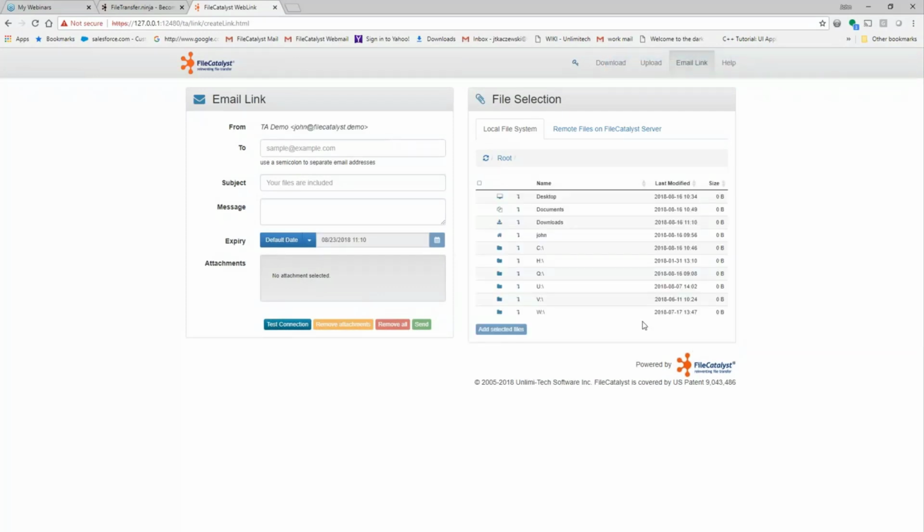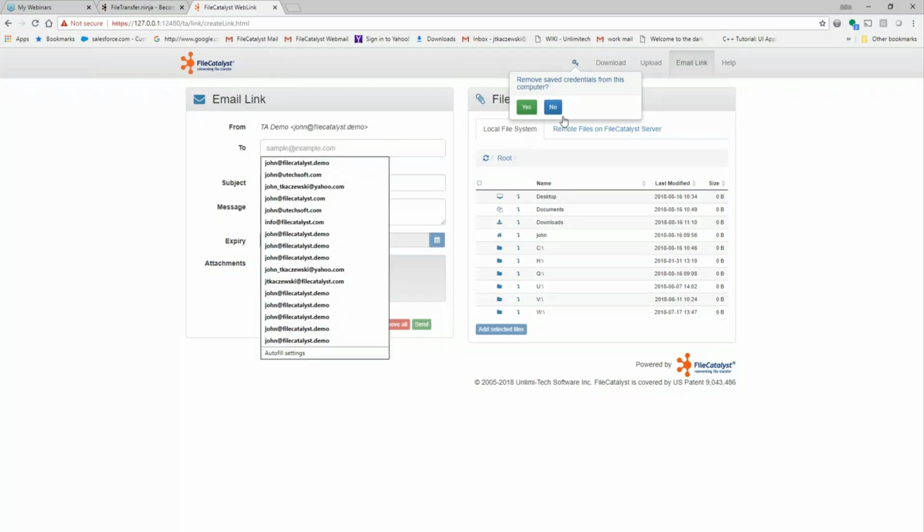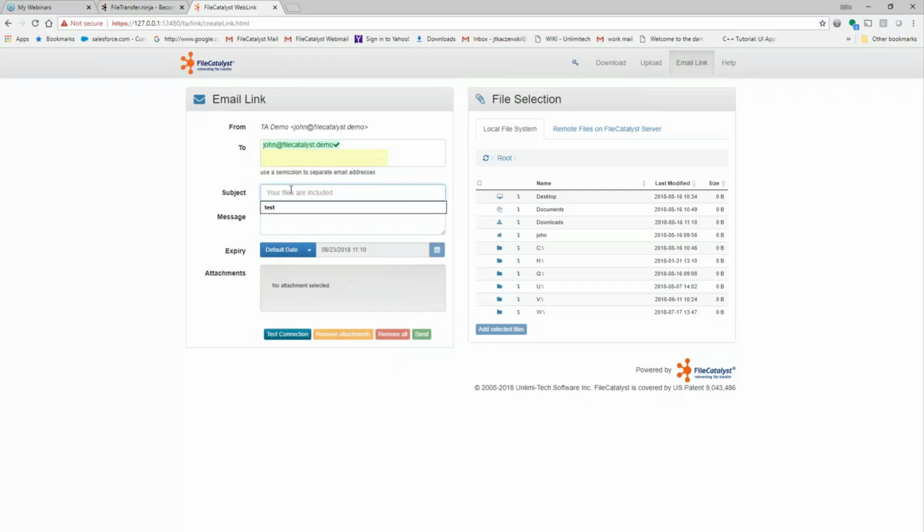The reason I wasn't prompted for install is that right before I started the demo, I already logged in. So normally you would get prompted for username and password, but because I'm already logged in, this little key here remembers my credentials, so I just get in right away to the right place. So at this moment, all I have to do is enter my recipient, enter my subject,